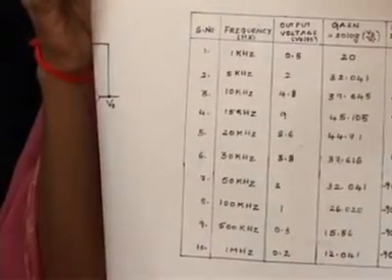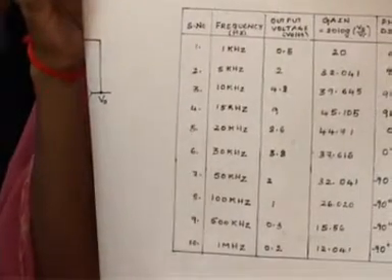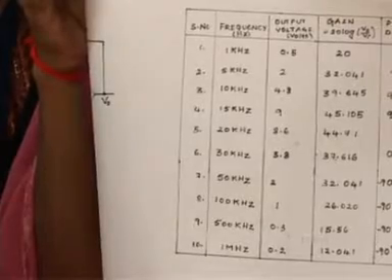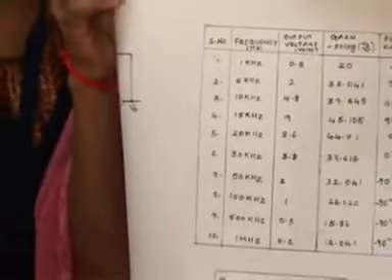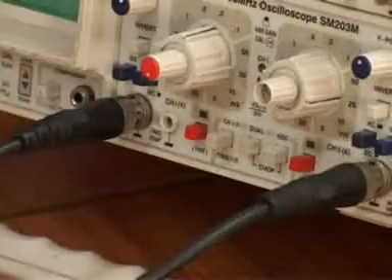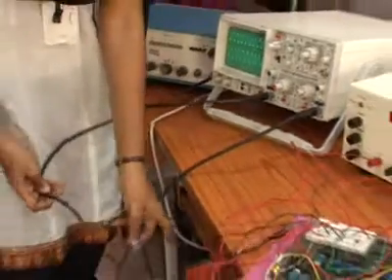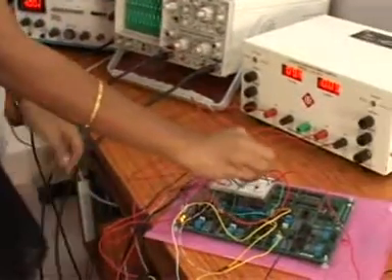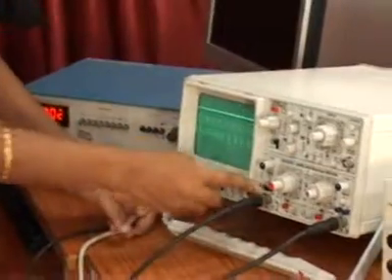The output is observed using CRO and the values are tabulated as follows. We have the maximum gain at 15 kHz frequency and the gain is 45.105 dB. To obtain the phase response, we consider two channels of the CRO, channel 1 for output and channel 2 for input. The two channels are adjusted for ground.